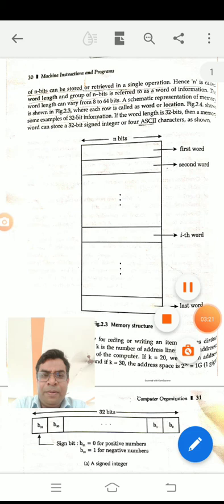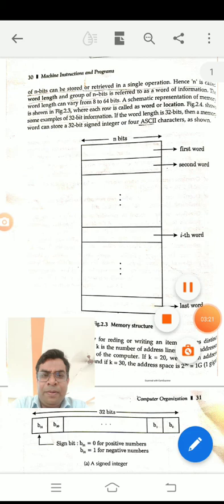Okay, that is addressability. And next is, what is the memory assignment? In the memory assignment, there are 2 ways in which byte addresses are arranged. The one is big endian, the other is little endian. Okay, these two are important. I will also show you the diagram of the memory assignments. See here, this is the big endian structure, this is the little endian assignment. These two diagrams, big endian assignment and little endian assignment, are known as memory address assignment.